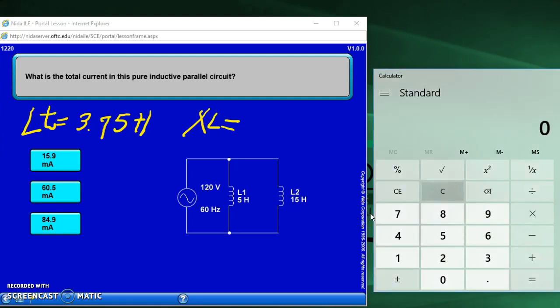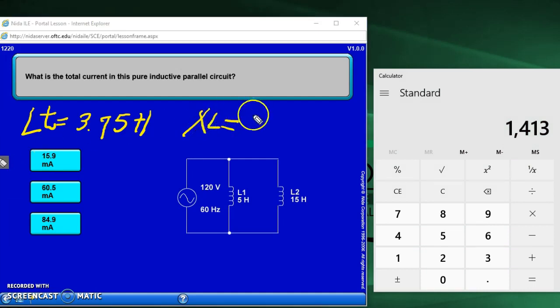2, let me clear my calculator and make sure we're absolutely clear. 2 times 3.14 times 60, which is our frequency, times 3.75 equals. So we come out with 1,413 ohms. So easy enough there. So I'm going to write that down. 1,413 ohms. So now we have our X of L, so it's just a matter of dividing that into our